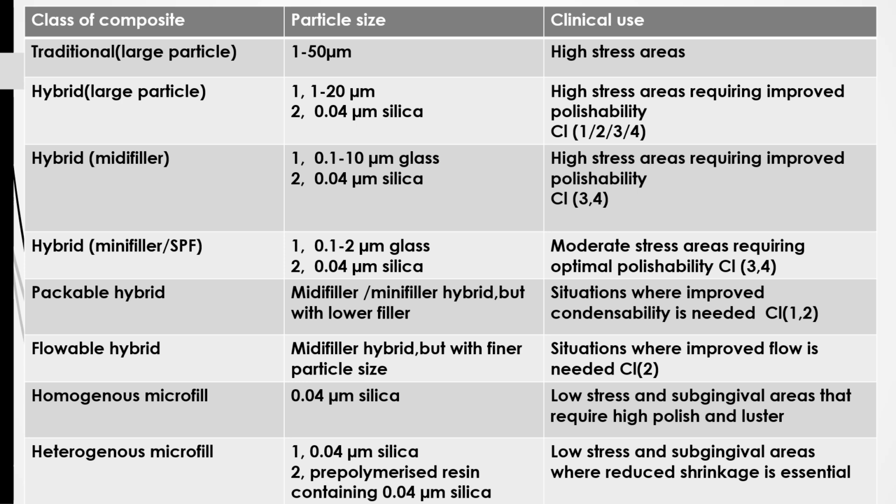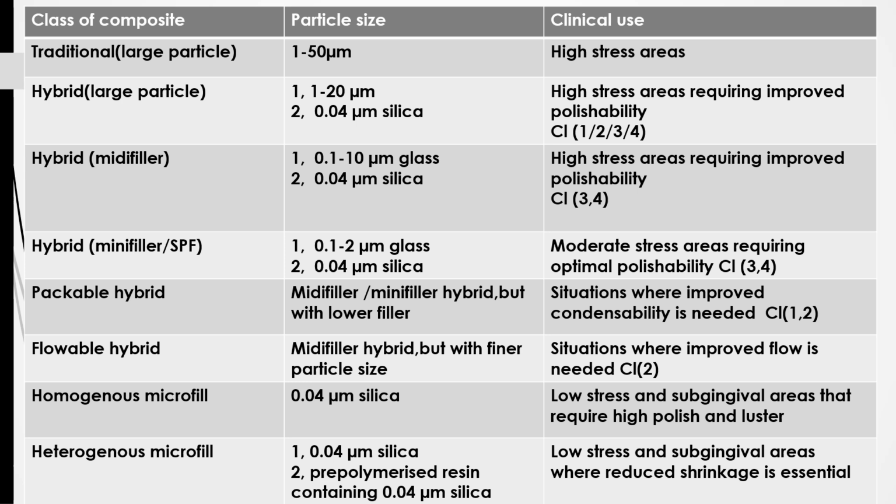It's used in high stress areas requiring improved polishability in class 1, 2, 3 and 4, and hybrid composites with midi fillers of 0.1 to 10 micrometers of glass and 0.04 micrometers of silica can be used in high stress areas requiring improved polishability in class 3 and 4, and hybrid composites with mini fillers, or SPF, with 0.1 to 2 micrometers of glass and 0.04 micrometers of silica can be used in